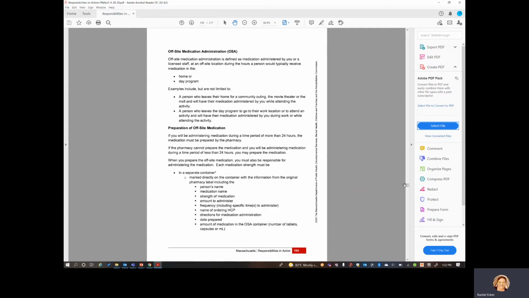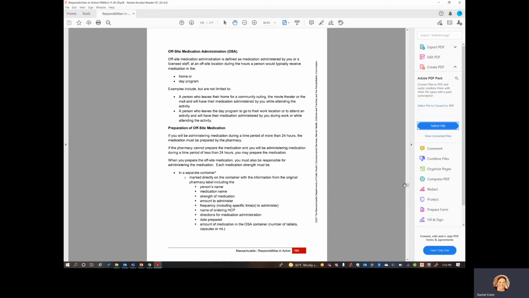And this falls under state guidelines for all people. A nurse would never administer a medication that another nurse poured. And so you as a MAP certified staff have been taught that you don't administer something that somebody else has poured. So that rule still applies with this. So whomever is taking the person out into the community and will be administering medications, that person will be preparing.